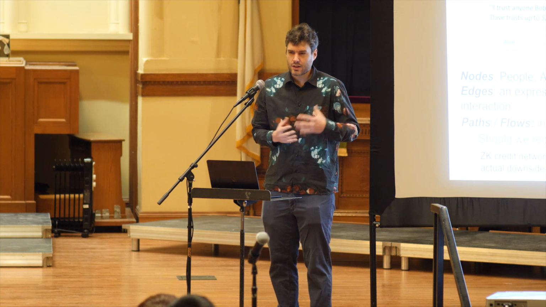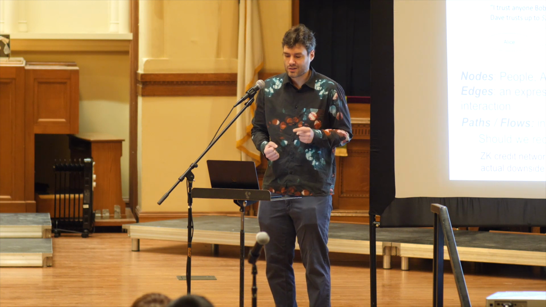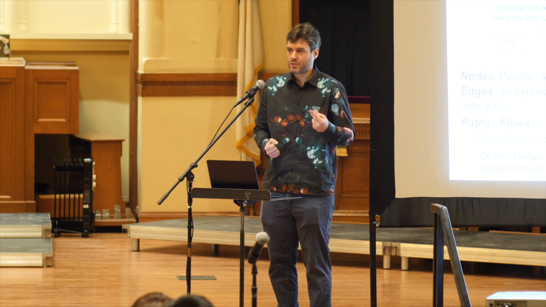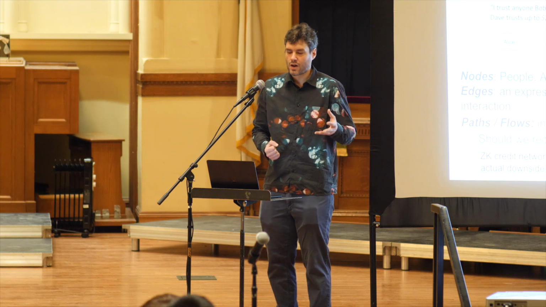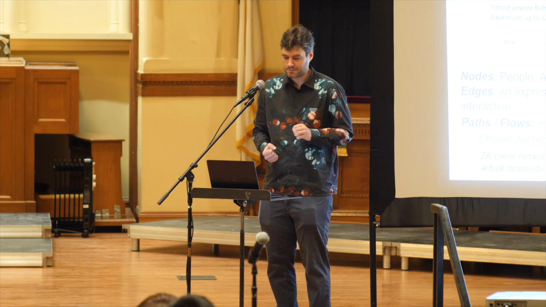So I think many people have seen Web of Trust in some form or another. This is a classic concept, but it's not been tried in zero-knowledge yet. My version of a Web of Trust is that the edges in this graph represent a willingness to accept counterparty risk. If I trust you for $20, I'm willing to let you rip me off for $20 even if I can't do anything about it.